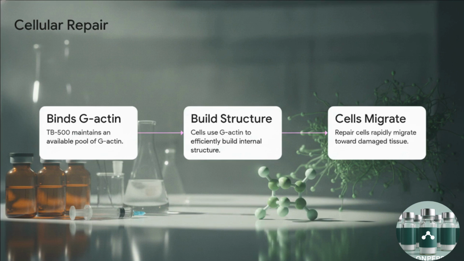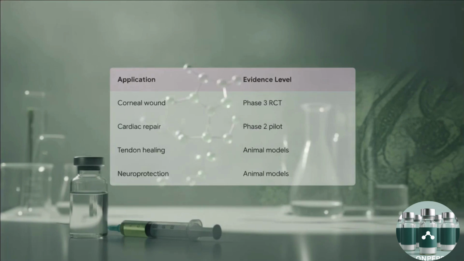and collagen production. When we audit the clinical evidence, we have to firmly separate what has actually been tested in humans from what relies strictly on animal models. There is ample human clinical evidence for the full-length Thymosin Beta-4 protein delivered as eye drops or skin treatments. We're talking specifically about corneal wound healing in Phase 3 trials and cardiac repair in Phase 2 pilots. However, when we shift to applications like tendon or ligament repair and neuroprotection, the evidence for injectable TB-500 rests entirely